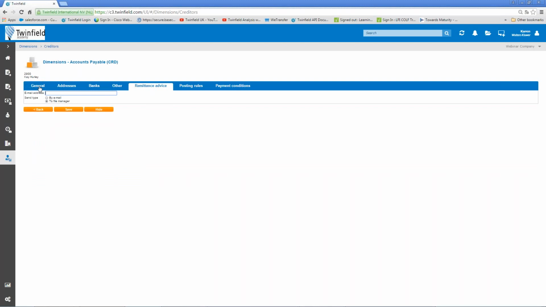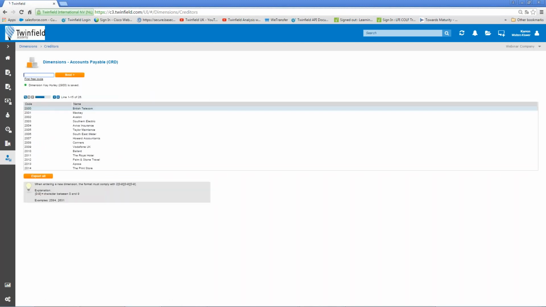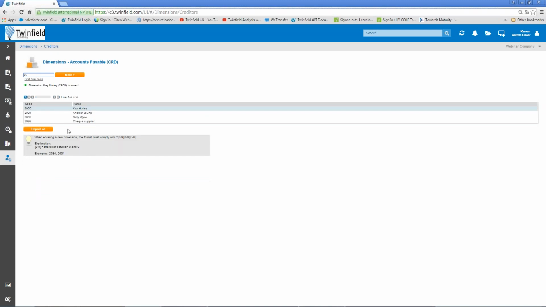Okay, so just for this demonstration purposes, I'm just going to pop in my email address, and I'm just going to leave it to go to the file manager so we can actually just print out and have a look at what the remittance advice looks like. So if I now click save, so now I just need to repeat the step for my next 2 employees